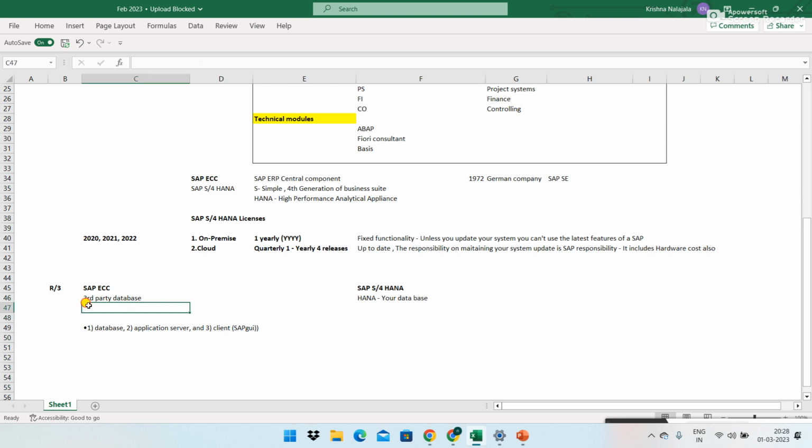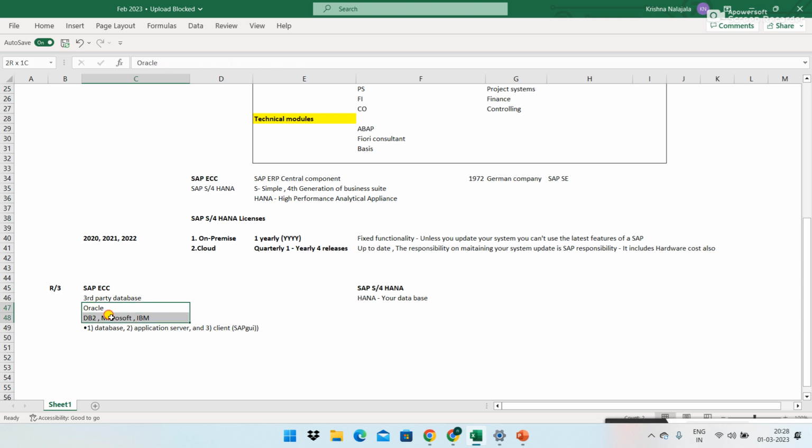Now, database providers. You might think SAP might be working on Oracle, DB2, IBM, or Microsoft.